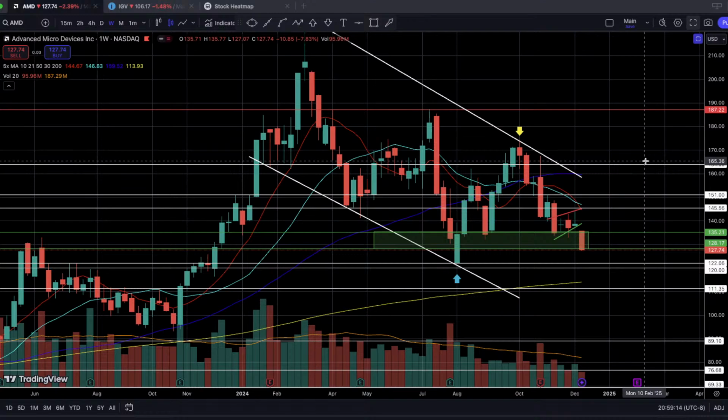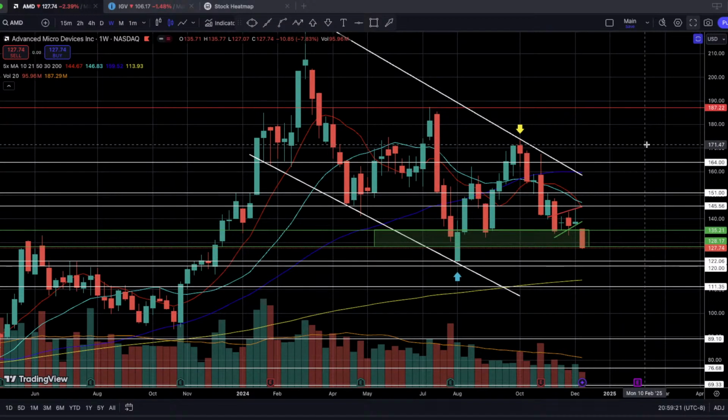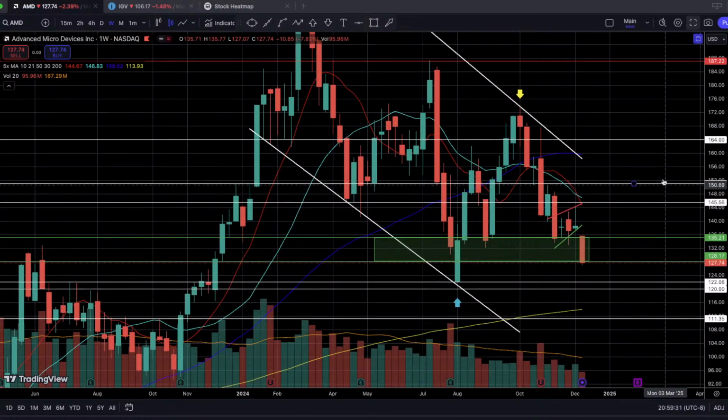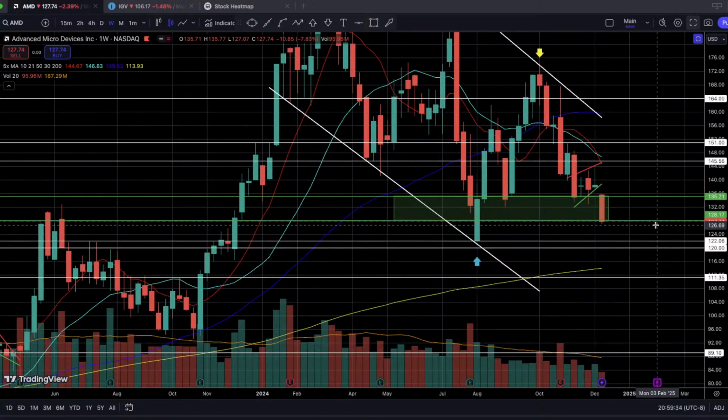But yeah, I don't know when the bottom is going to be for AMD. Again, I strongly advise everyone against trying to predict the top or bottom. It's very hard to do that, even with technical analysis, even with fundamental analysis. So I'm just going to be looking out for potential signs by looking at these pivot points that I've just talked about for AMD, like 120 to 122, or even an official retest of the weekly 200 SMA as an actual long-term bottom for a nice long-term entry point, right?